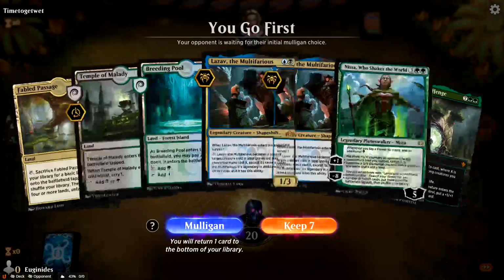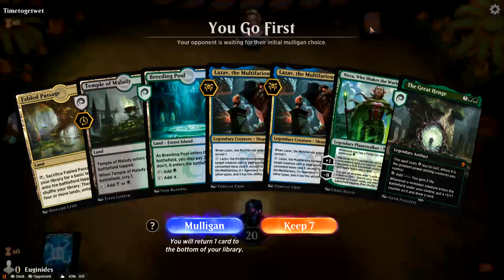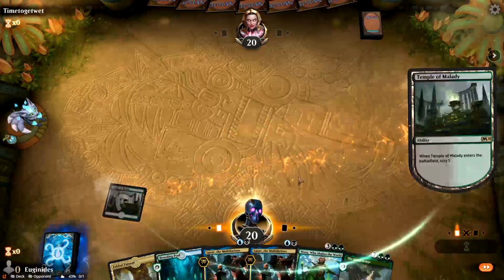Time to get wet. That's a good name right there. This hand doesn't get me very wet. But if I can get into anything with Lazav, we'll be doing really good. Her mana's good. I don't know. For some reason, let me know what you guys think, but in 3-color decks, if I just have all my mana online,